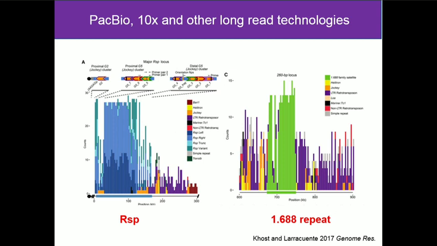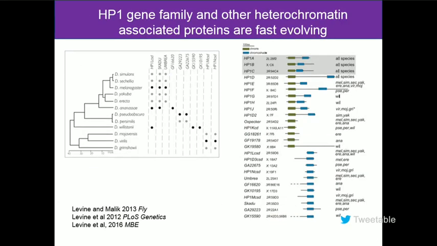The 1.688 repeat was one of those that Brutlag talked about, referring to the buoyant density of the repeat, and it also has this fairly pure center, and then it degrades as you go out. So there's even some fine structure at this scale of these particular repeats. Now, Harmeet Malik was the one who recognized that, wow, to make progress on this stuff, because the DNA is such a bear to work with, why don't we just focus on the proteins first, because we know about proteins, a very, very sensible place to get started.